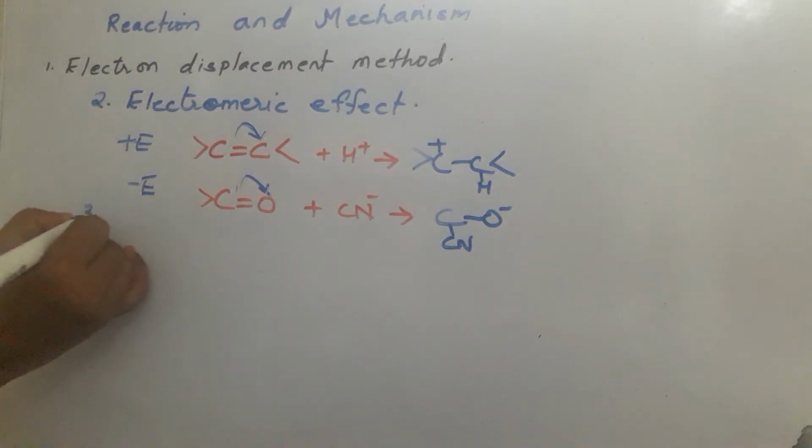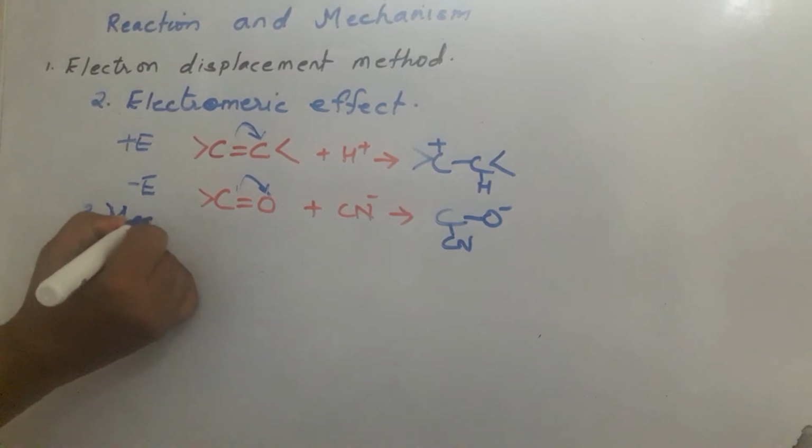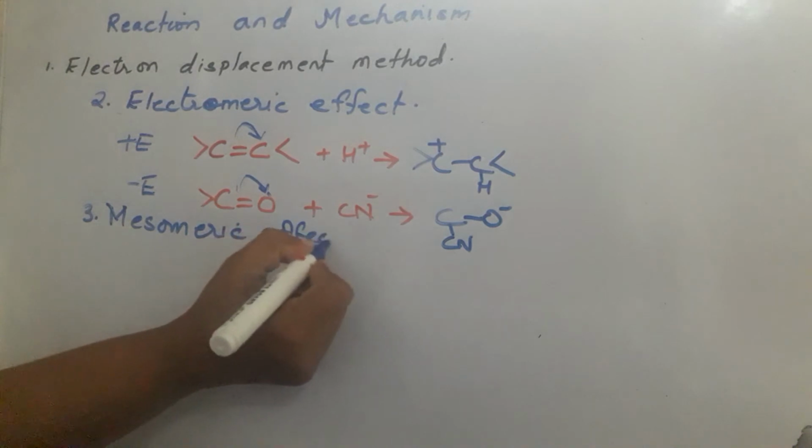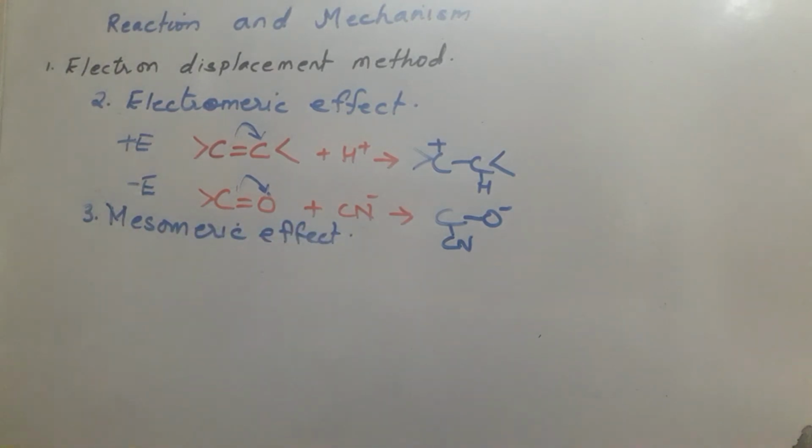The third type of effect is the mesomeric effect. It is called the mesomeric effect or resonance effect. It is also a permanent effect involving the transfer of electrons through pi electrons of a multiple bond in a chain of carbon atoms. This happens when an electron withdrawing group or an electron releasing group is in conjugation with a pi bond, or when an atom or group having at least one lone pair of electrons is in conjugation with the pi bond.